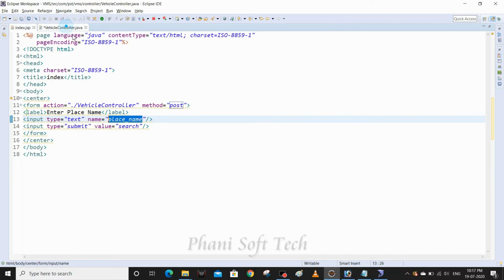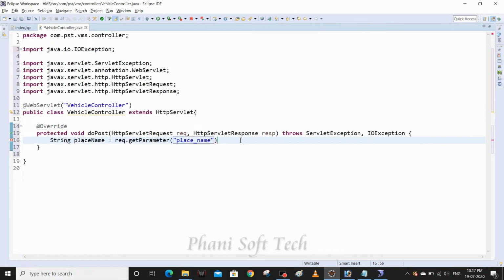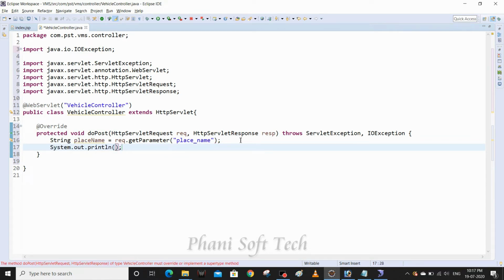Control C, go here, paste it here, Control V. So we just add one sysout statement here, print the value, because we can divide this project into multiple parts and each part we need to test. You may get some complexity while debugging, so we divide this project and use the test driven approach. We can check whether the place name is coming or not.